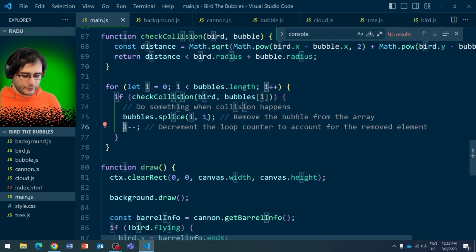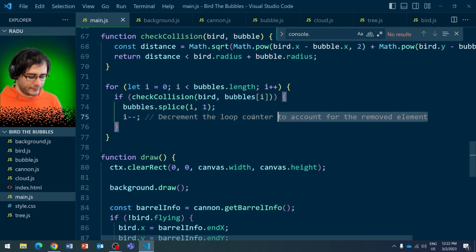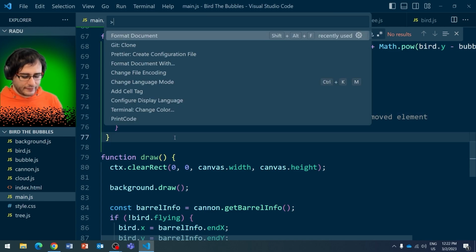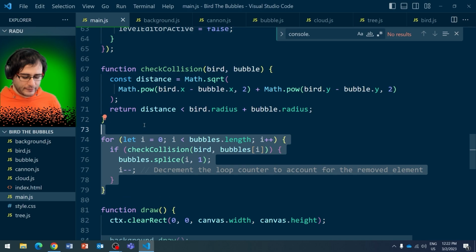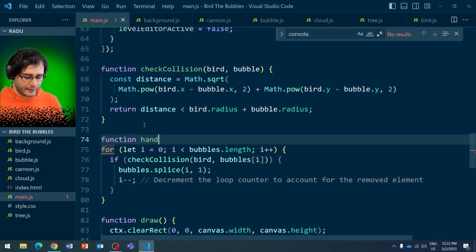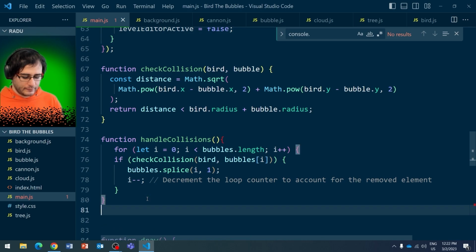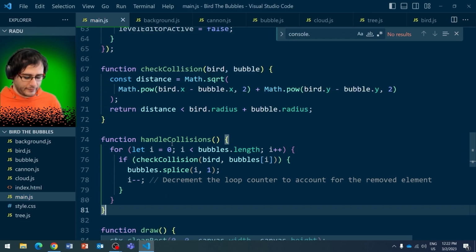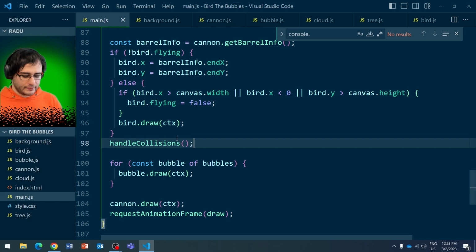It also knows to decrease i so that it doesn't jump over a bubble that was after one that was removed, to account for the removed element. The comment is even good. Yeah, very good. So this code is a function, handle collisions. Since they are global variables there, I'm not going to specify any more parameters, and I'm just going to write here handle collisions